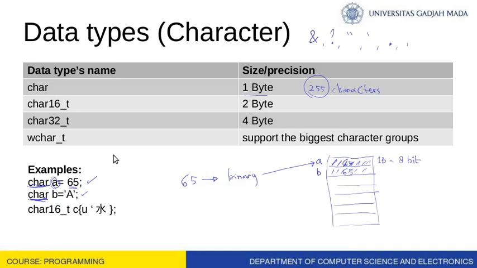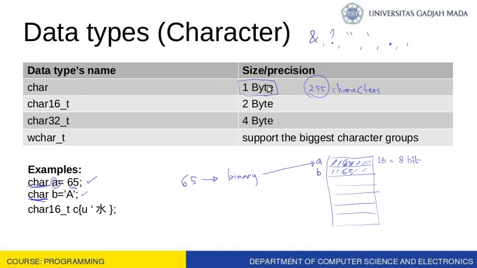But the problem is that suppose you live in Arab countries, or China, or Japan, they have their special characters. Suppose like a Chinese character, Arabic character, then Japanese character. They cannot be stored in this 1 byte character, so they need more bytes